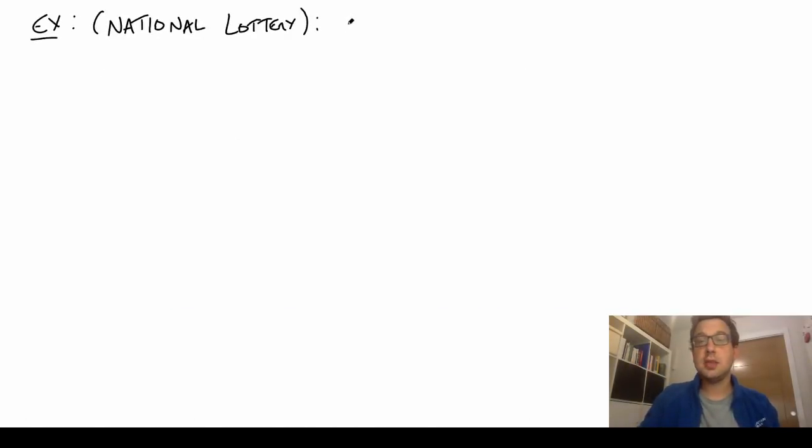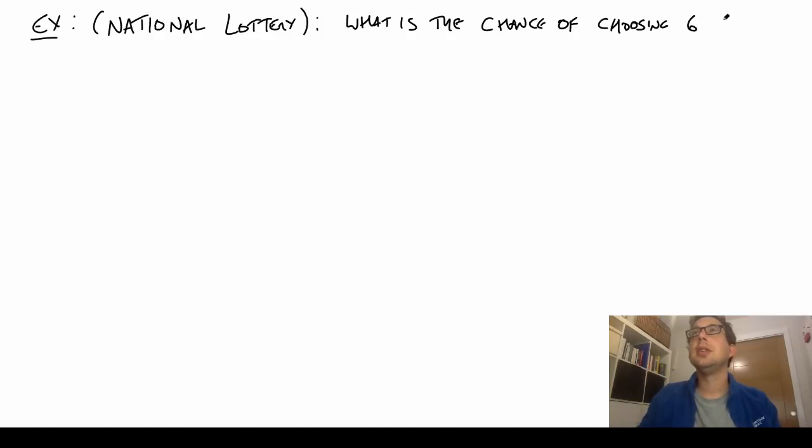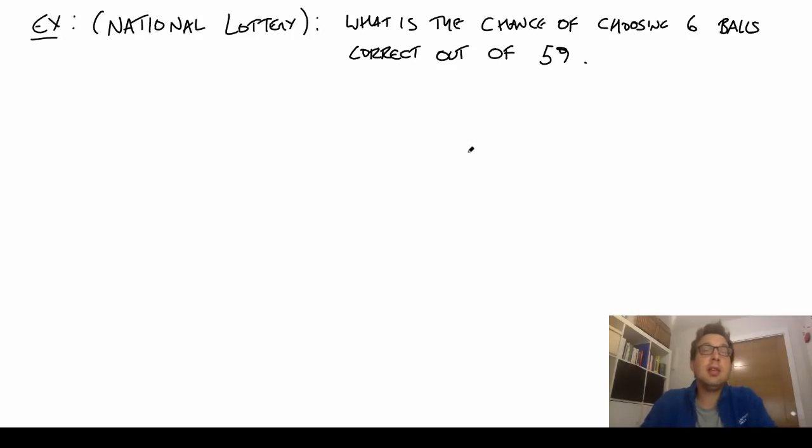So, essentially what it's asking is, what is the chance of choosing 6 balls correct out of 59, okay, that are taken out at random. So here all we need to do is count the number of ways you can take 6 balls out of 59, okay, and since there's only one way of winning, we've counted the correct number of winning combinations, and of that there's 1, so it's 1 over the total number of combinations is the chance of winning the National